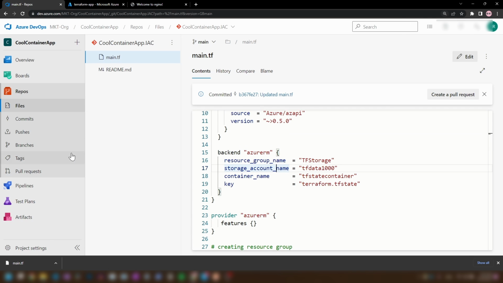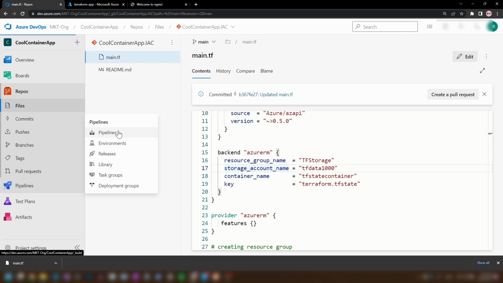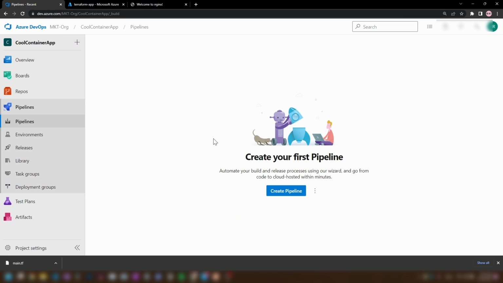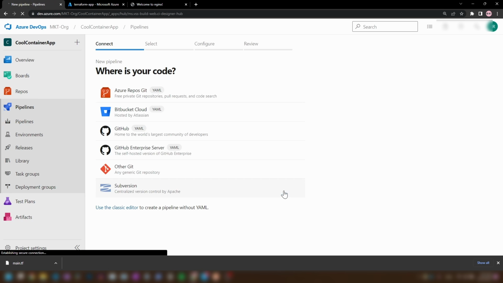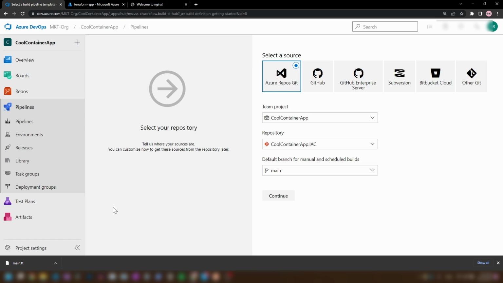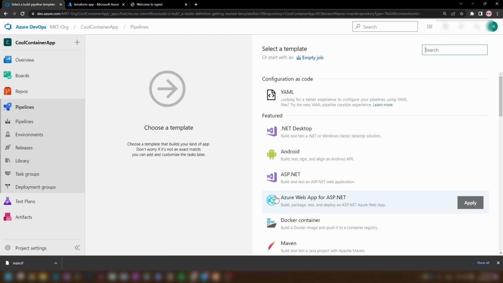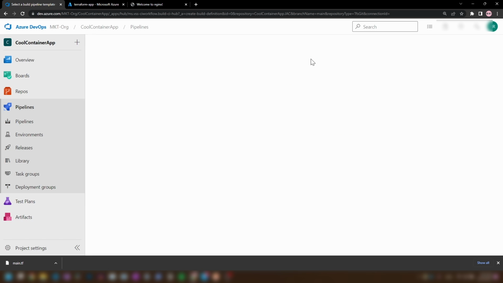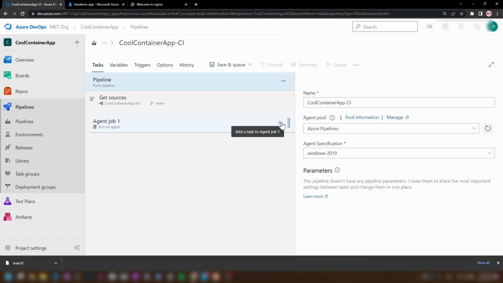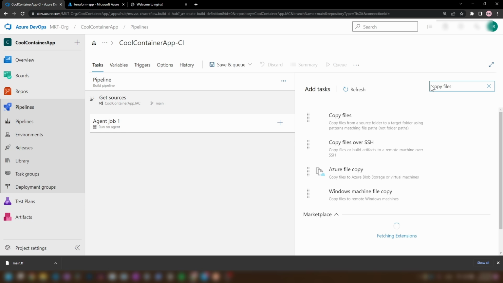And now let me go into pipelines and create the build pipeline. So basically this will contain only 2 steps. Let me just go ahead and use the classic editor to create the pipeline. I'm going to use Azure Repos Git. This is the project and this is the repository, and I'm okay with the main branch. I'm going to continue. I'm going to start with an empty job, and then I'm going to add copy files